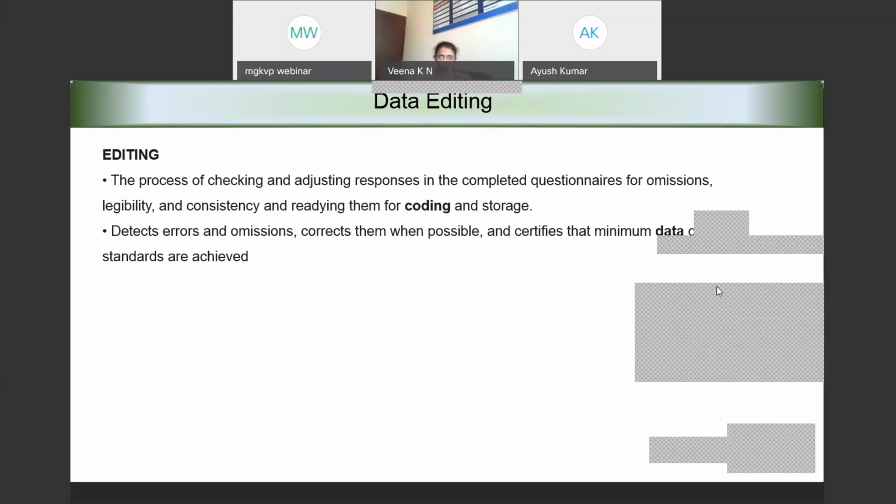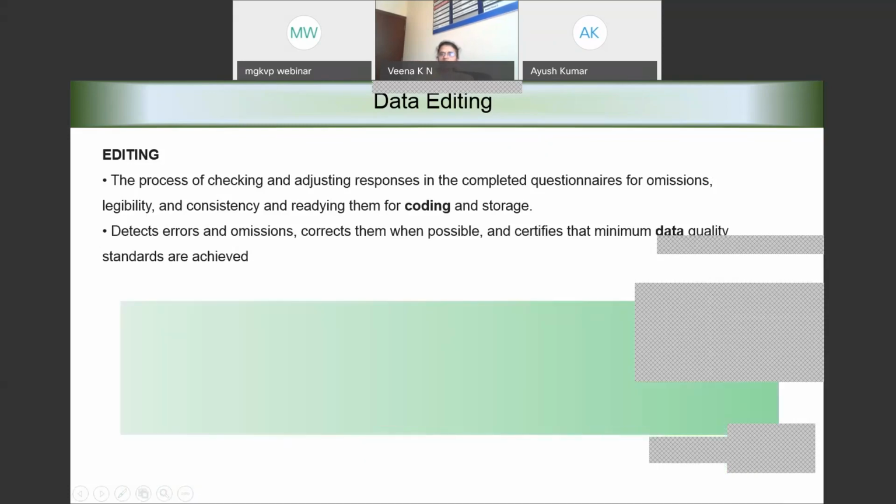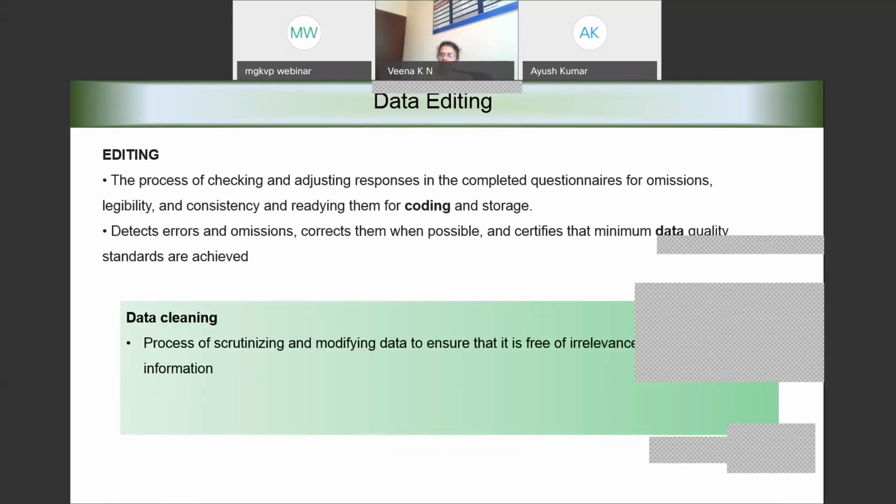But there are lots of technicalities that we use, which I'll not be going into the details of here. But roughly, data editing is a process of cleaning the data for omissions, irrelevant observations, or unconvincing information, and making it ready for analysis.